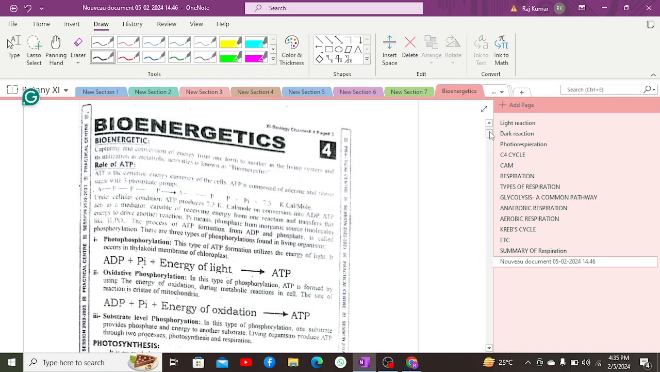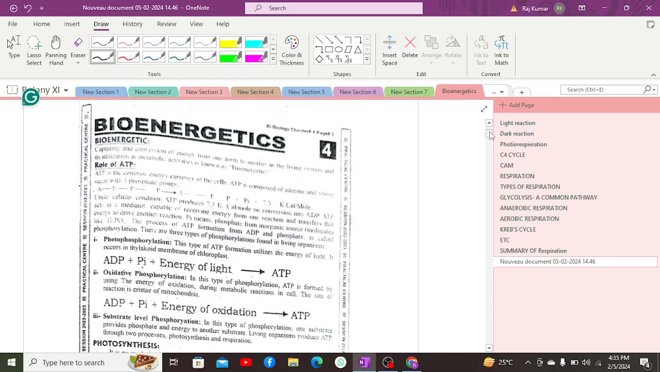ATP is the common energy currency of the cell, and is composed of adenine and ribose sugar with 3 phosphate groups. The last two phosphates are connected through bonds which are known as high energy bonds. They give an energy of around 7.3 kilocalorie per mole upon breaking those bonds, which is a high energy. Moreover,